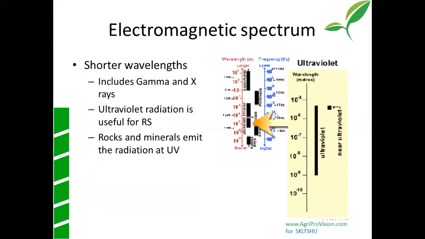In the case of the electromagnetic spectrum, it starts from gamma rays, to X-rays, to ultraviolet rays. Then comes the visible spectrum, then infrared radiation, microwave radiation, and radio waves. The frequency of gamma radiation is really, really high, while for radio waves the frequency is very low but the wavelength is really large.